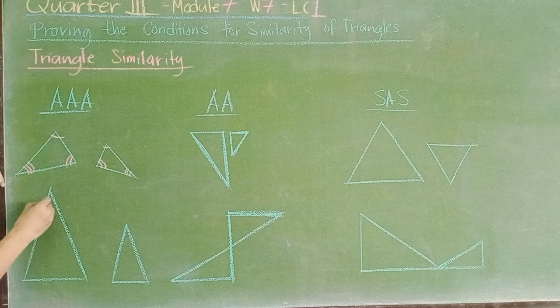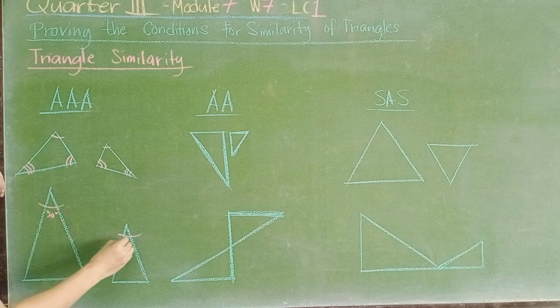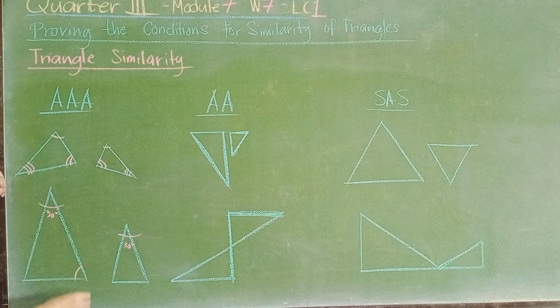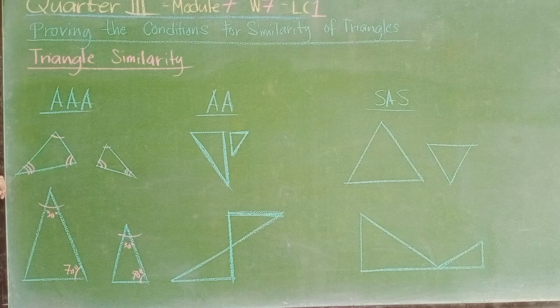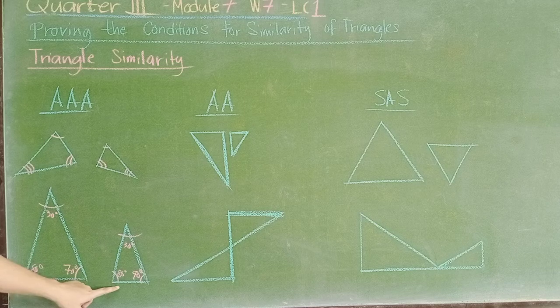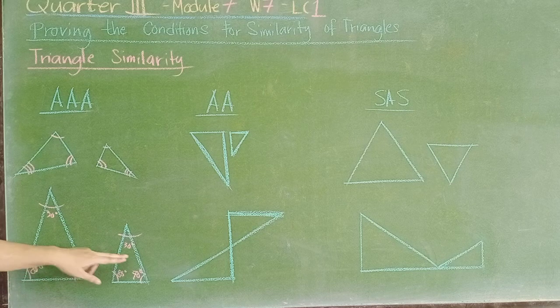In numbers, halimbawa, these are 30 degrees, this is also 30, this is 70, this is also 70, tapos this one is 80, this is also 80. So kung mapapansin natin, meron kang tatlong pares na angle na congruent. So pag meron kang tatlong pares na angle na congruent, ibig sabihin, itong dalawang triangle na to